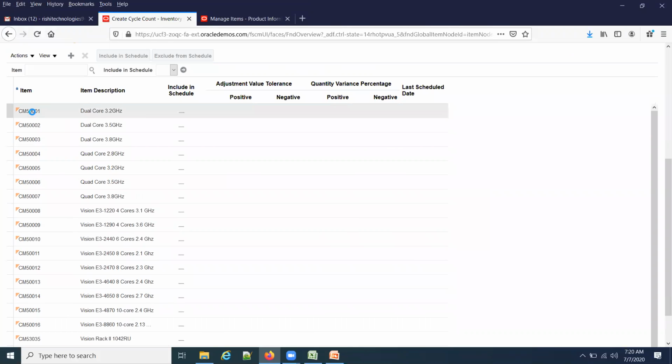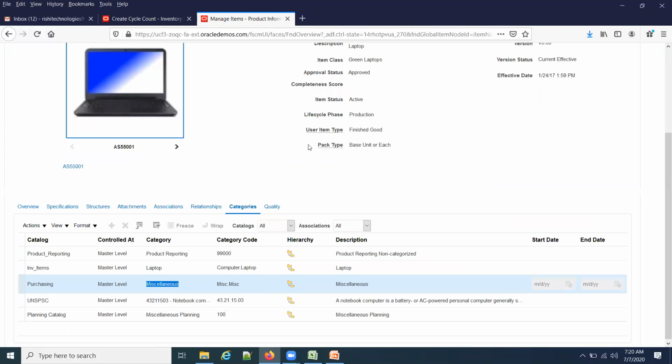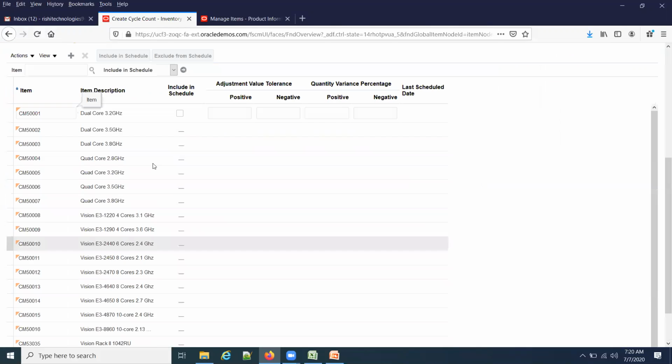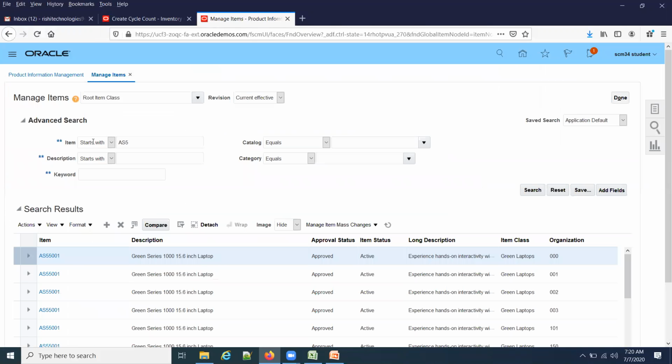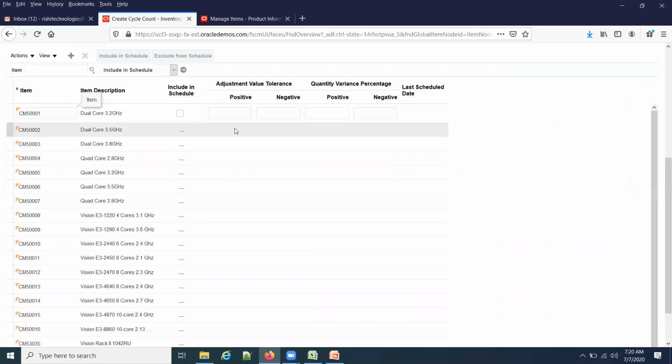If you want, just refer to this item, whether really this is a miscellaneous item or not. You can go and refer. Let's see. We cannot review all these items, right? We will review one item. Let's see whether really it's. Okay. First, let me complete. Then we will. First, let me do this one.